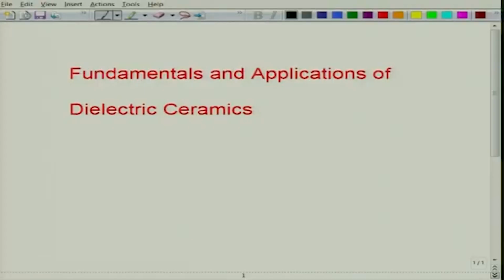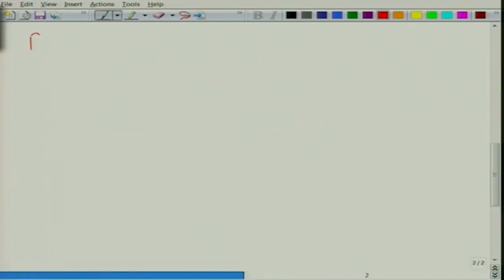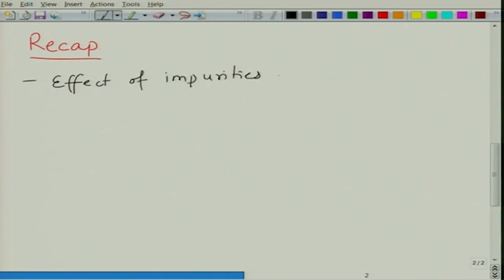Okay, so welcome again to this new lecture of Fundamentals and Applications of Dielectric Ceramics. So, we will just briefly recap the previous lecture. In the previous lecture we learnt about the effect of impurities, whether impurities can be intentional or unintentional, on the defect chemistry